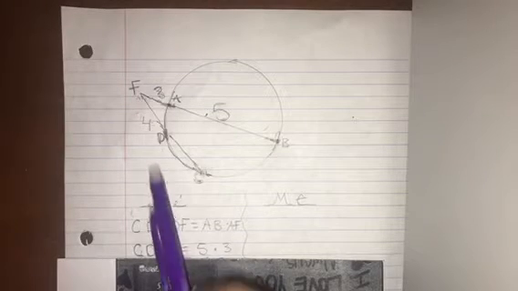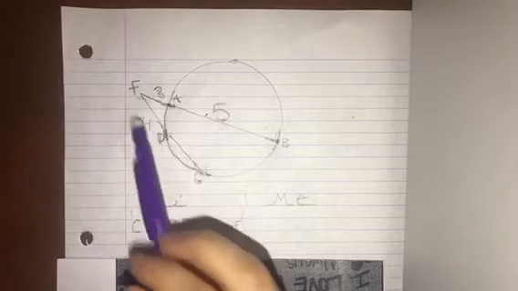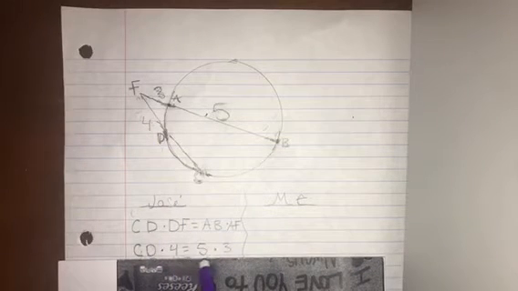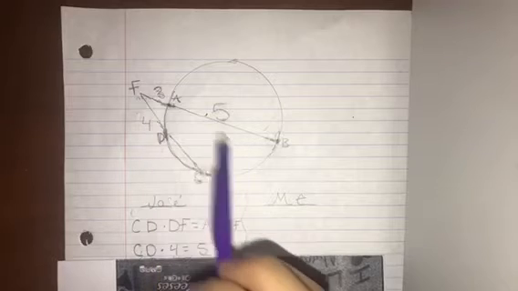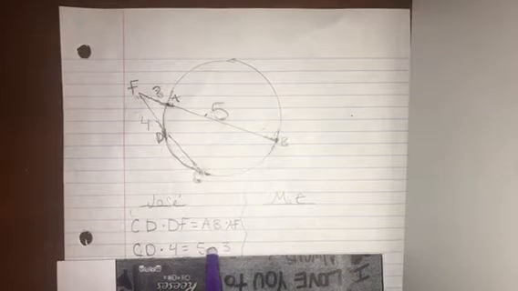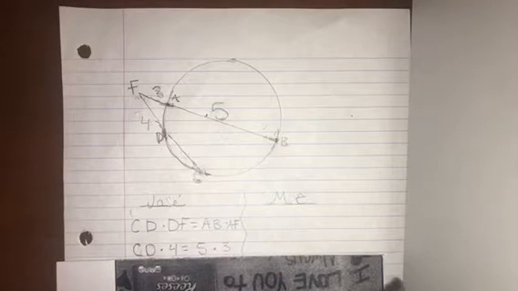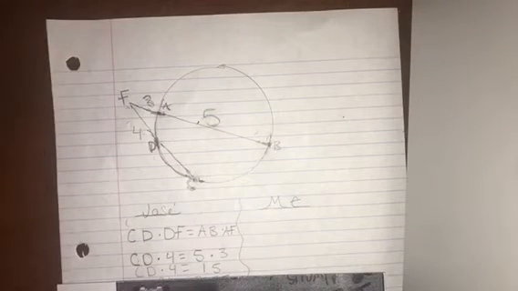4 is the outer segment, so that's DF, so that's the outer segment. So he plugged in 4 for that one. Then equals 2. And then the inside segment, which is 5 for AB. And then the outside segment, AF, which is 3. Then he proceeds to simplify it. So he combined like terms. So 5 times